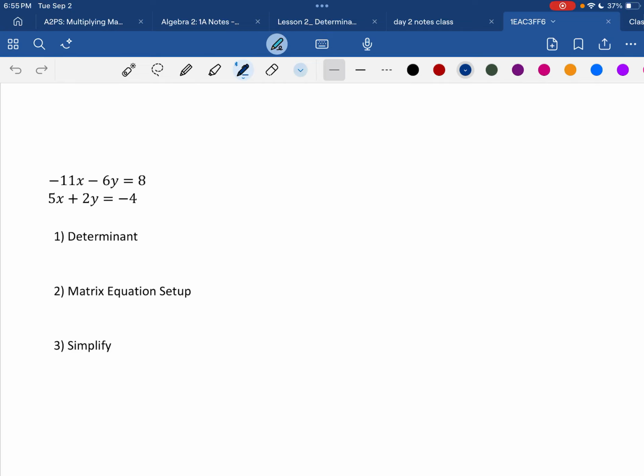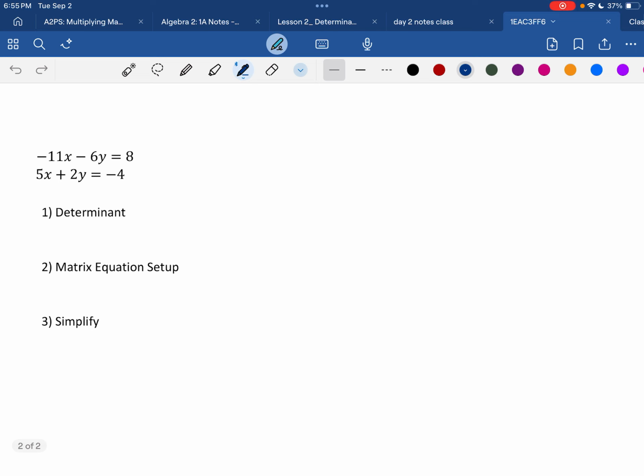This is the second video from your notes on how to solve with matrices by hand. This is going to start with us setting up the matrix equation. So we're going to write down a 2 by 2, a 2 by 1